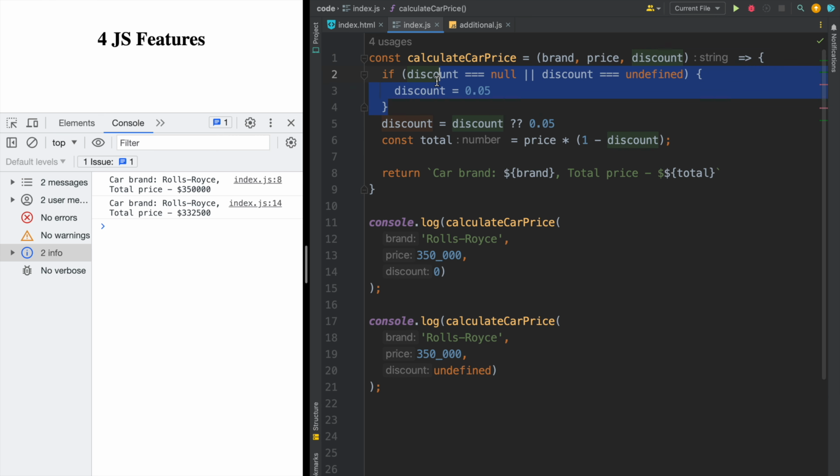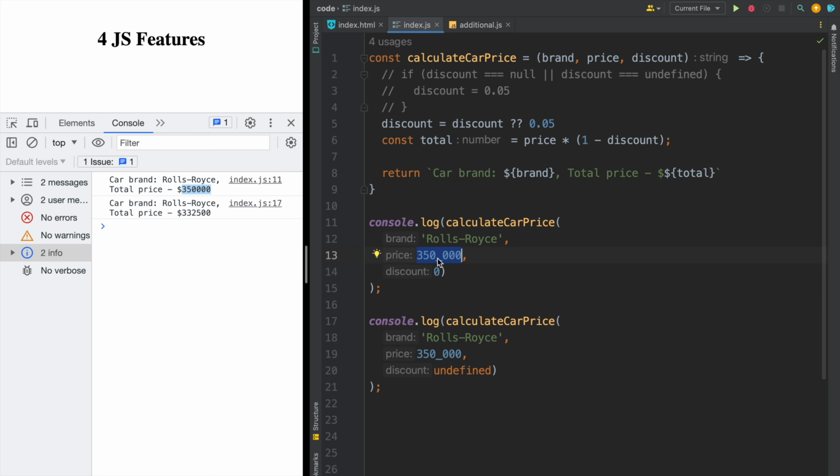If we provide as a discount undefined or null, we will have the default value. But if the discount is 0, it's a value, it's not null, it's not undefined. This value 0 will be applied and we will have the right behavior. When the discount is 0, we will have the full price,